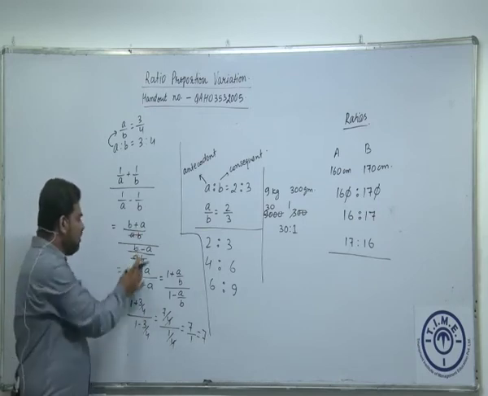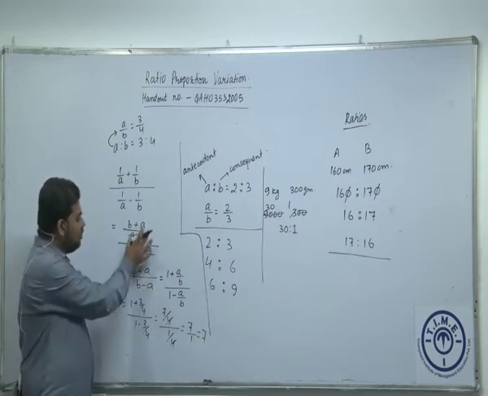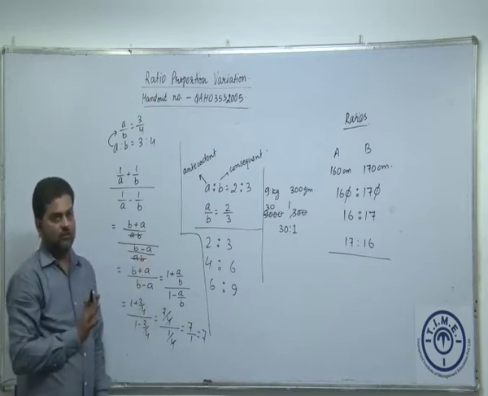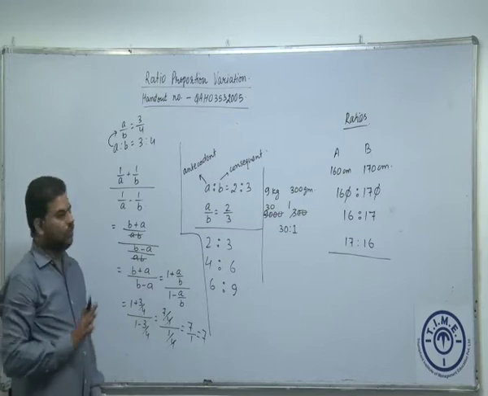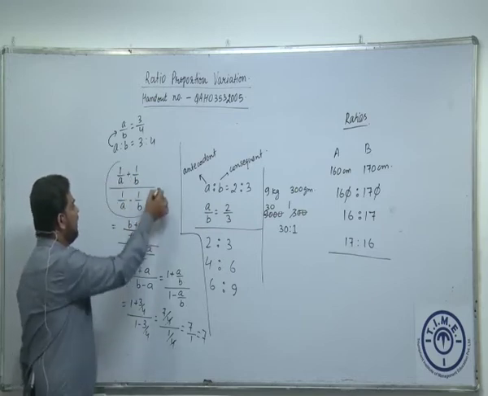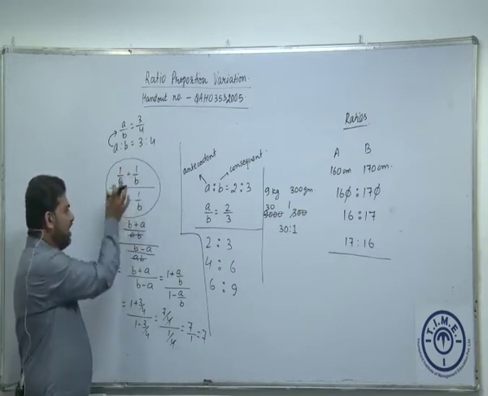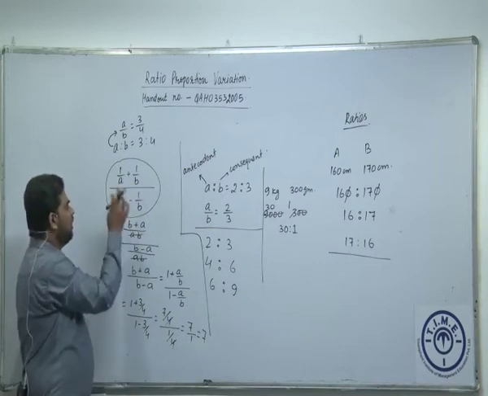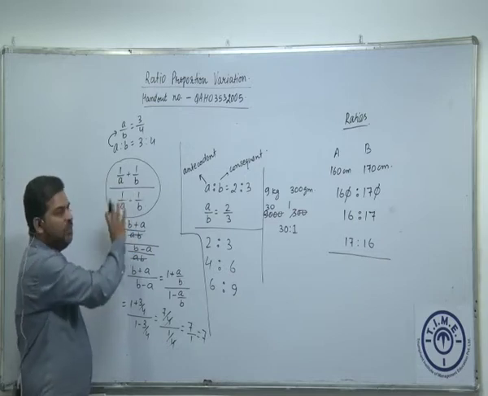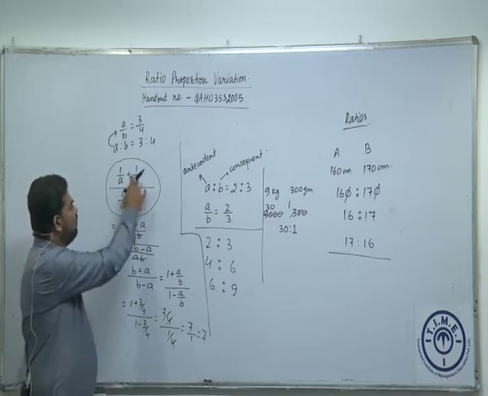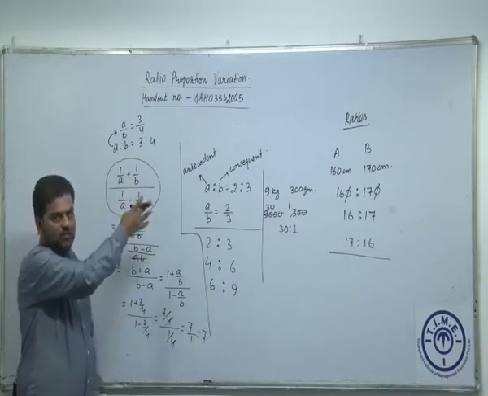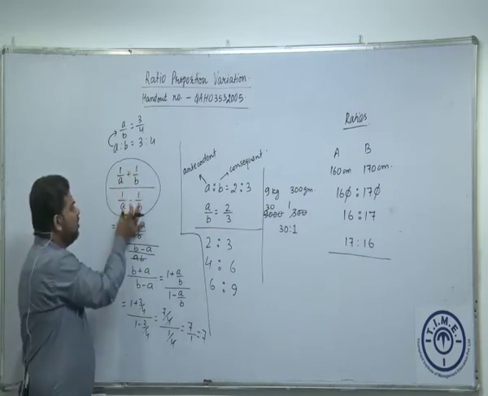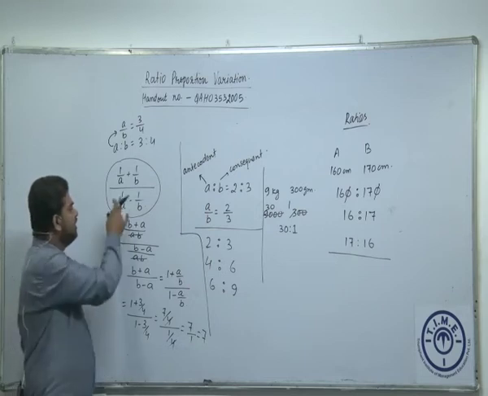But this is going a bit lengthy, right? So we'll use an alternative strategy to solve questions like this. Okay. So what do we have to observe? We have to observe here that the question was asking us for this quantity. Okay. Now look at the terms. In the numerator and the denominator, A and B are there. What are the powers of A and B? It is 1 everywhere. Okay. So let's call that an order. So we can say numerator and denominator have the same order. In this case, the order is 1.